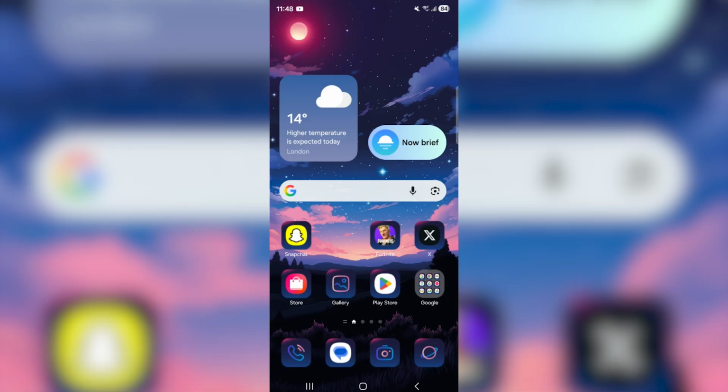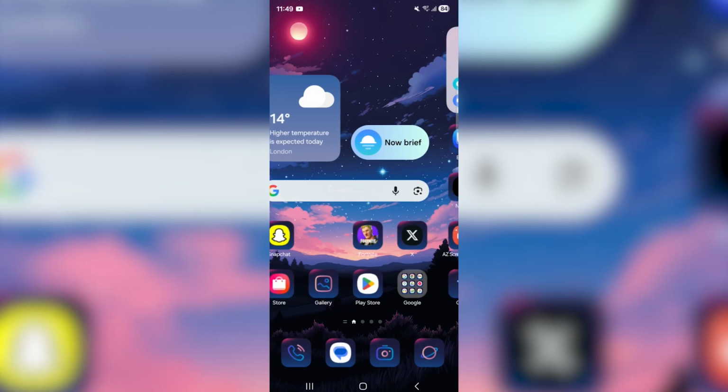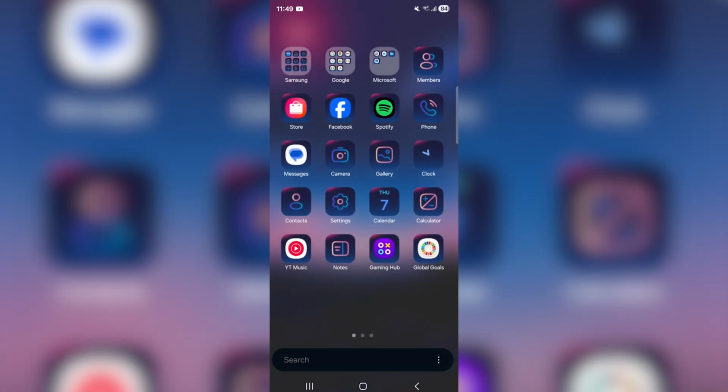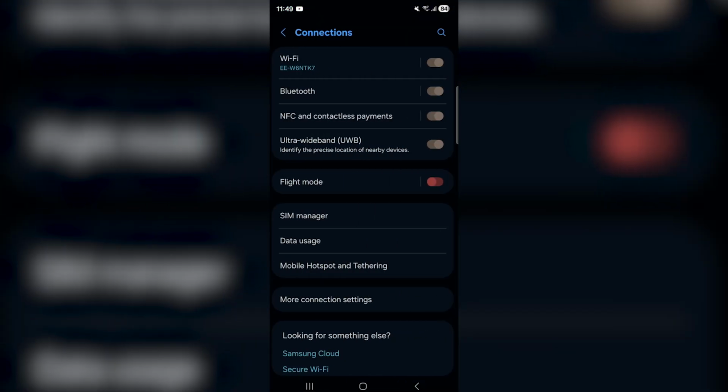But anyways, getting into it, it's very simple to go ahead and do this. A specific audio routing bug has been identified that causes media sound to cut out or fail to initialize even when your volume's turned up. And this often happens after disconnecting from Bluetooth or a car head unit. So if your volume bar moves but no sound comes out, it might still be trying to send audio to a ghost device. So what we're going to do is go over to our settings application, go to connections, and